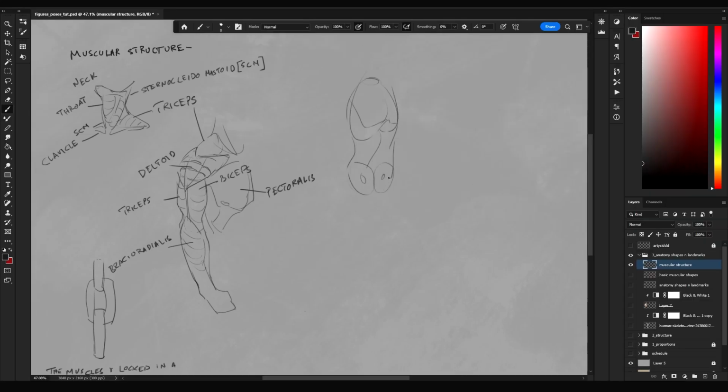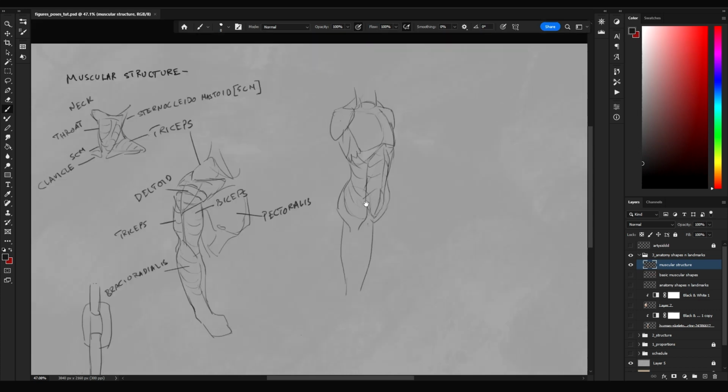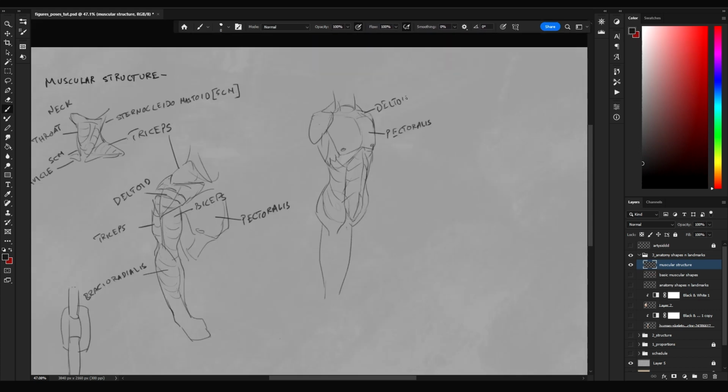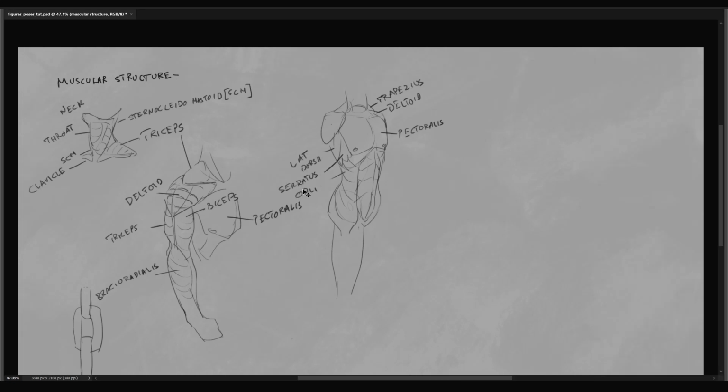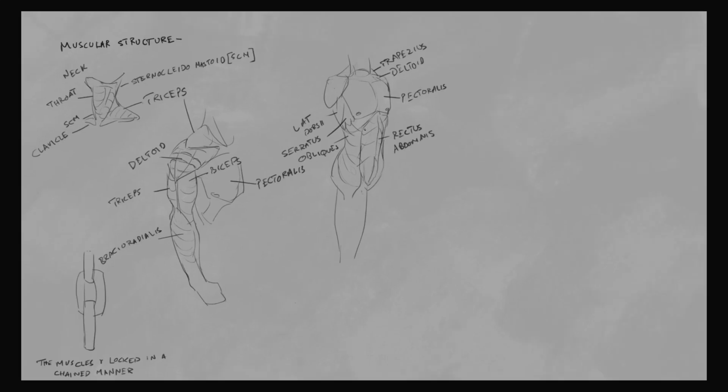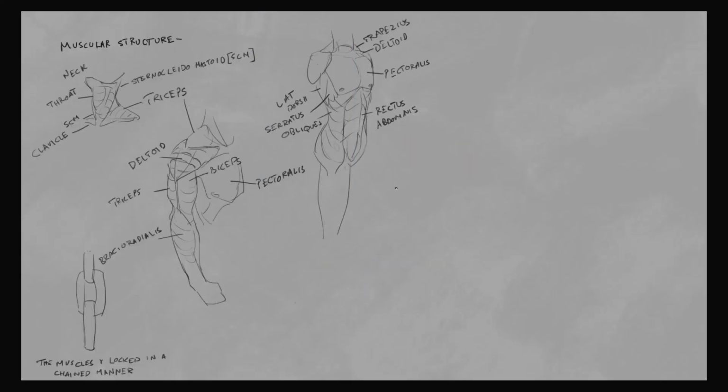Okay, now for the torso. The torso, as I mentioned before, the pectoralis is like a book. The latissimus dorsi comes and wraps around at the side of the body. Muscles on the rib cage are called serratus anterior muscles because they look like teeth, so they are serrated, and then they are joined to the external and internal oblique muscles which are at the sides of the abdomen. The center of the abdomen is called the rectus abdominis, which is made up of 4 small muscles in each row, and the external and internal oblique is then joined to the gluteus maximus and the gluteus minimus